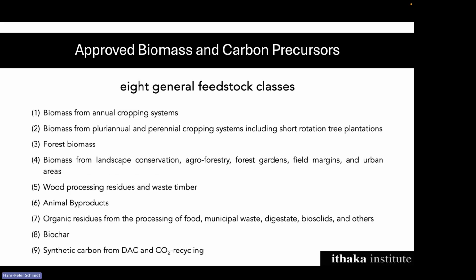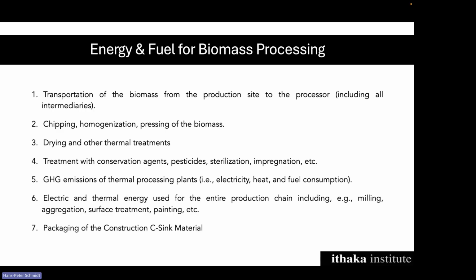So we have here these 8 or 9 general feedstock classes, including synthetic carbon from direct air capture and CO2 recycling. We have biomass from annual cropping, and biomass from pluriannual or perennial cropping like forests. And you will see how this leads to different